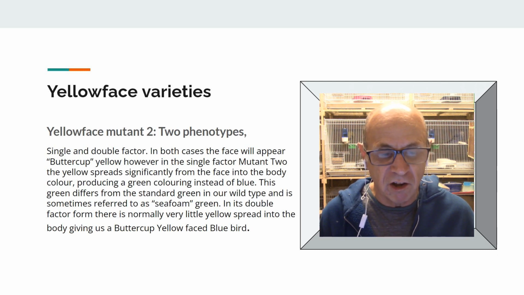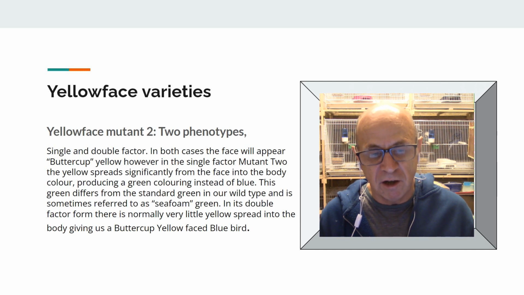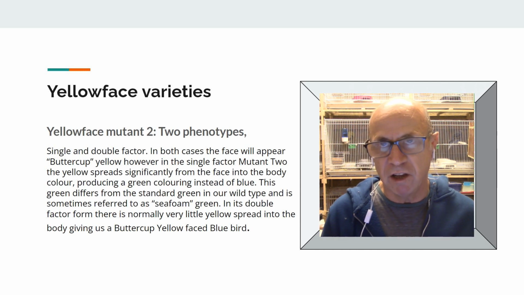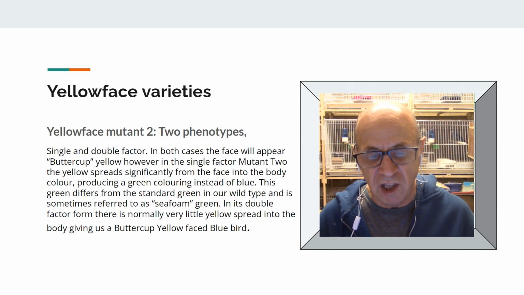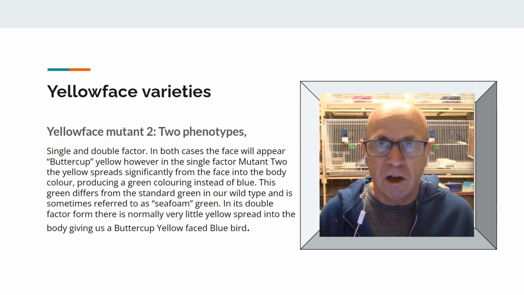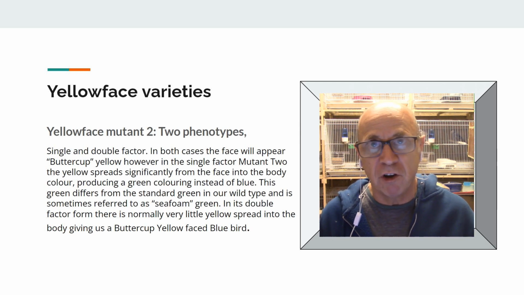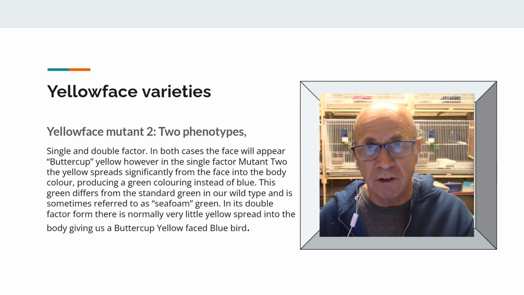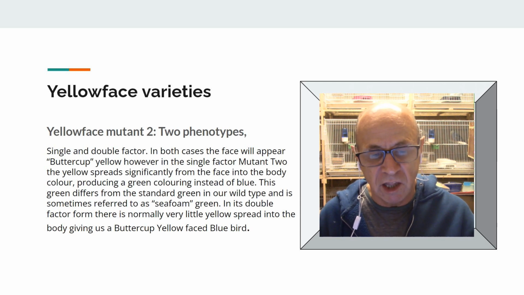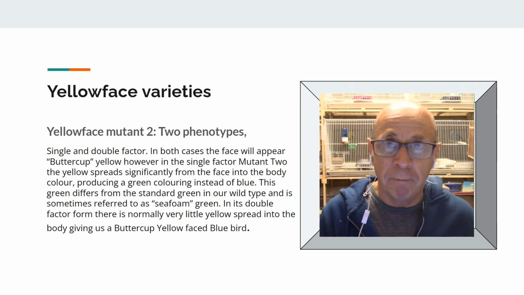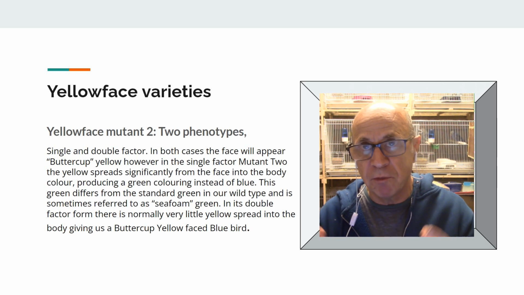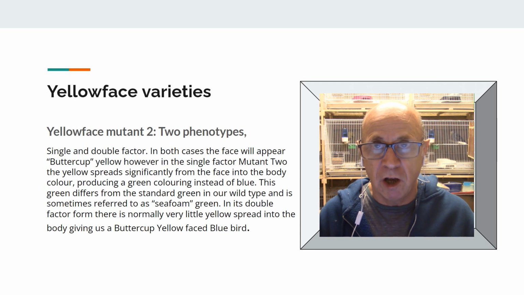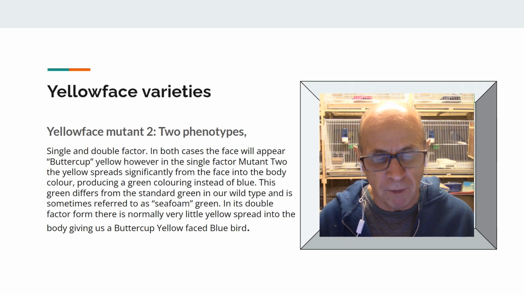This green differs from the standard green or the wild type green, and is sometimes referred to as a sort of seafoam green. But if you're trying to pick this out early on, it can be quite difficult to identify a single factor Yellowface Mutant 2, just because of the diffusion into the body colour and the greenish colour